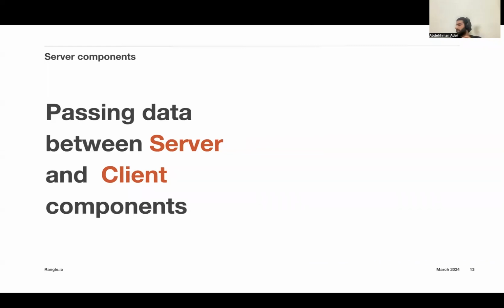Right, so this gets weird when you start composing these together, because you would have to pass data between server components and client components, right? And we said that the server components never actually get passed to